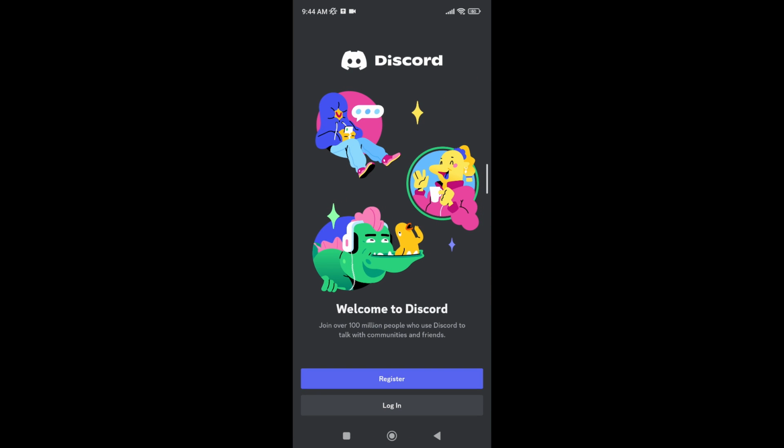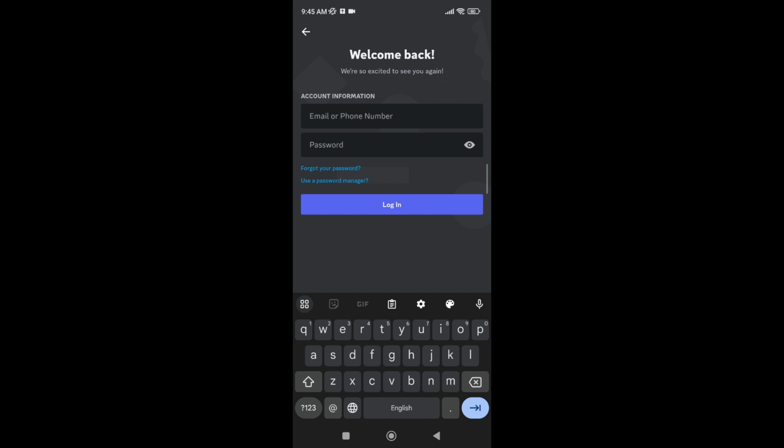Then you'll be led to Discord's landing page. So basically you have been given two options, either to register or log in. So if you tap on register, you will be creating a new account on Discord. However, since you've already created a Discord account and you just want to log in, you tap on the login button. After that, you go ahead and enter your email or phone number with which you've registered your Discord